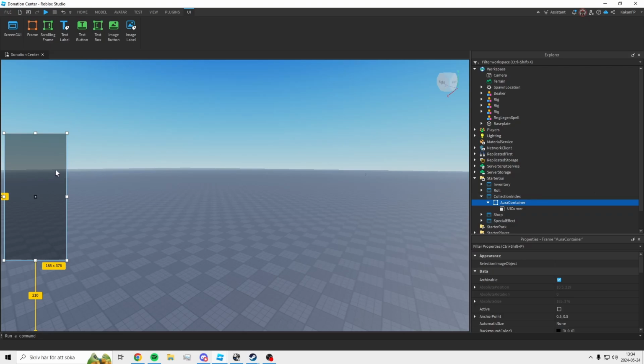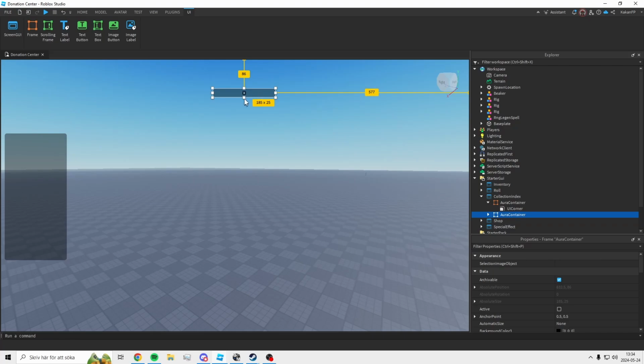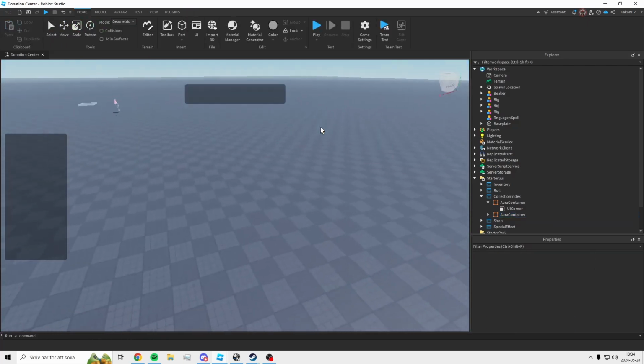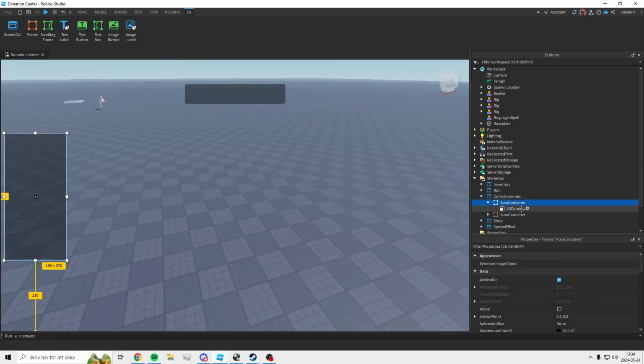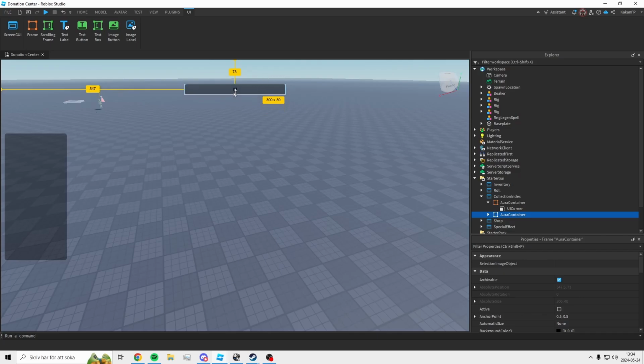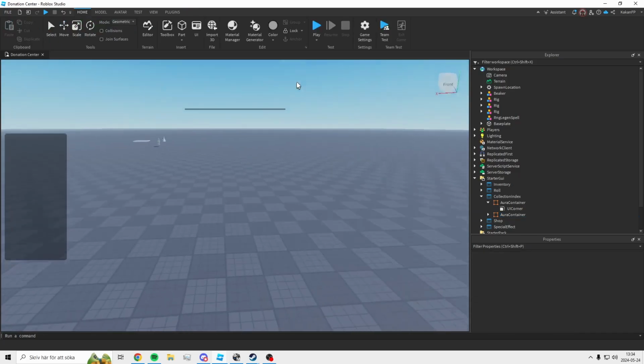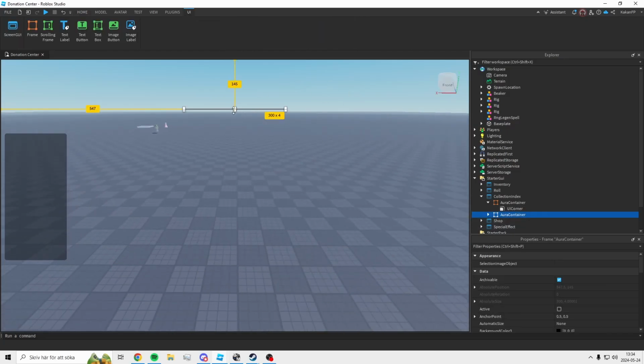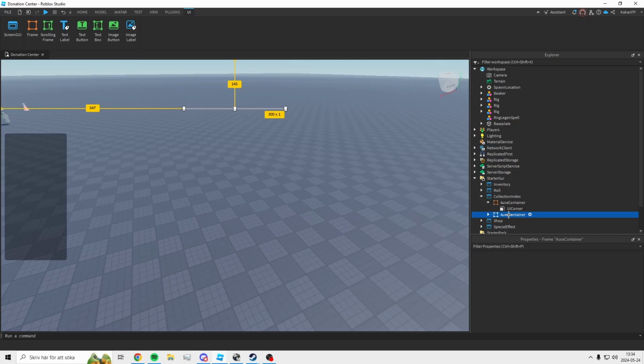I'm going to duplicate this by pressing Ctrl D. I'm going to paste this up here in the middle, like this. Up here, we could do it like this as well, make it a bit smaller. You can customize this however you want, something like that. I'm going to rename this to